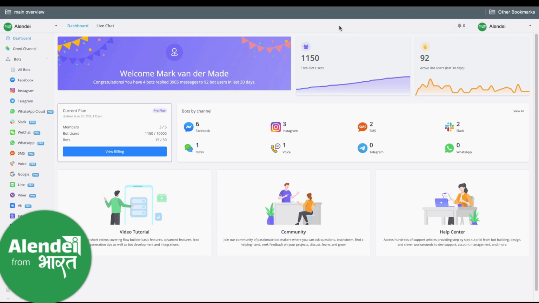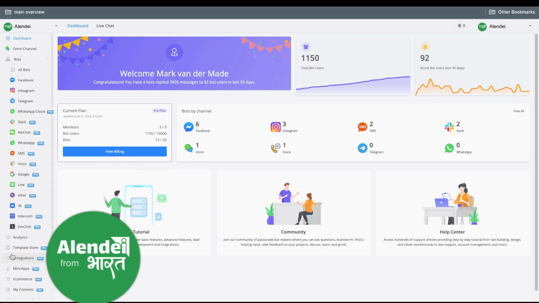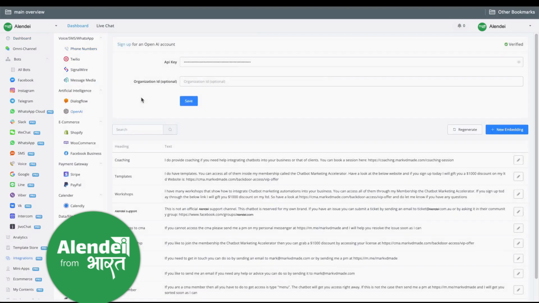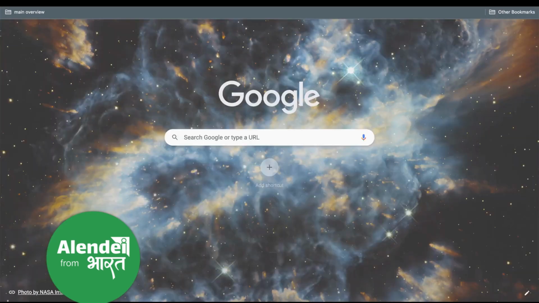So let's dive in. First of all, you will need to go to your integrations section from the left-hand menu. From the integrations, you will go to artificial intelligence, AI, and then OpenAI. You will need to install your OpenAI API key, and you can find that by going to